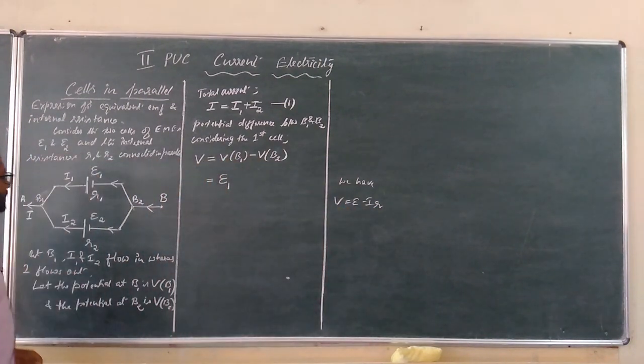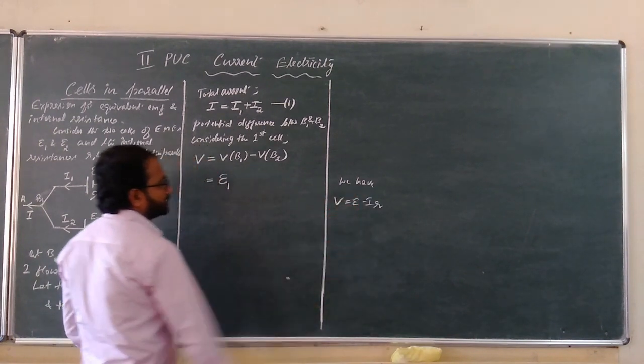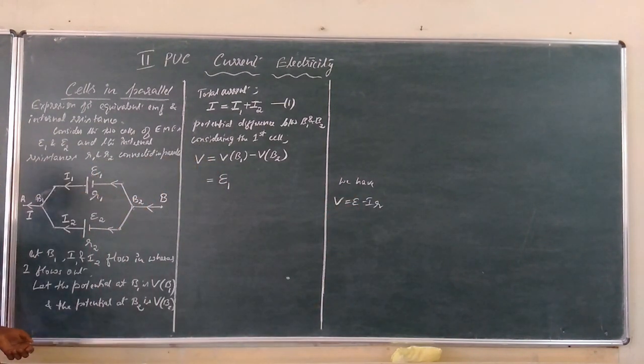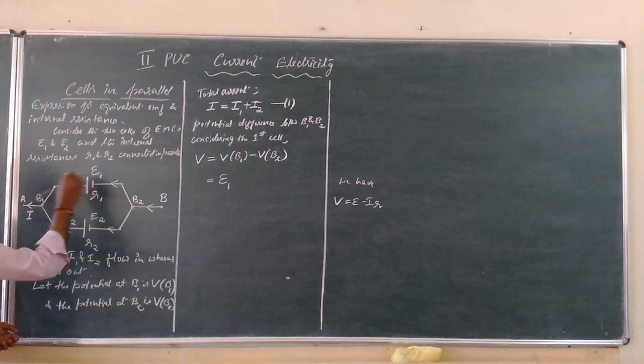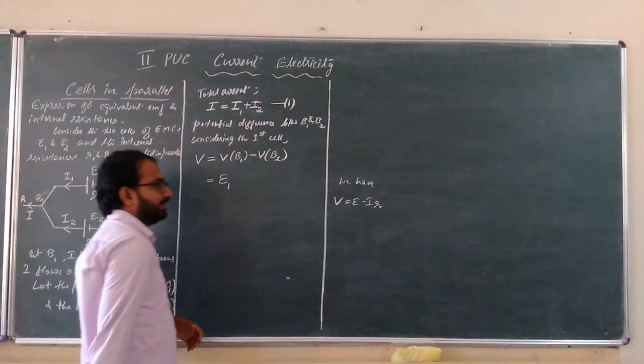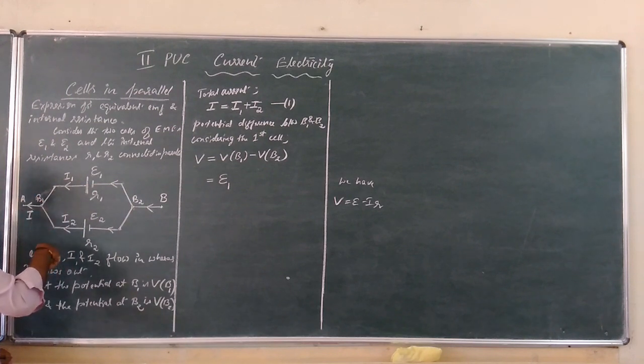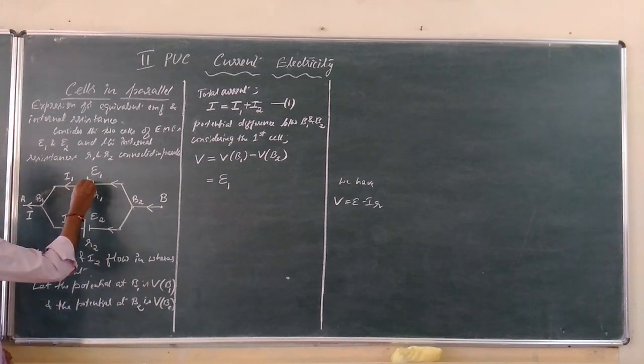So what about this value? Minus IR. While writing this value, minus IR, the circuit should be closed, otherwise you cannot calculate the terminal potential difference, right? Now if the circuit is closed, current flows. If the circuit is not closed, the terminal potential difference is equal to the EMF of the cell, then I is 0. Now if current flows through the cell, the circuit is drawing current, through the cell, through its internal resistance. So the current is flowing from lower potential to higher potential.